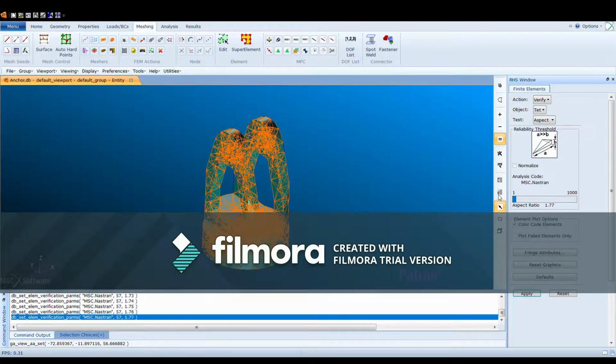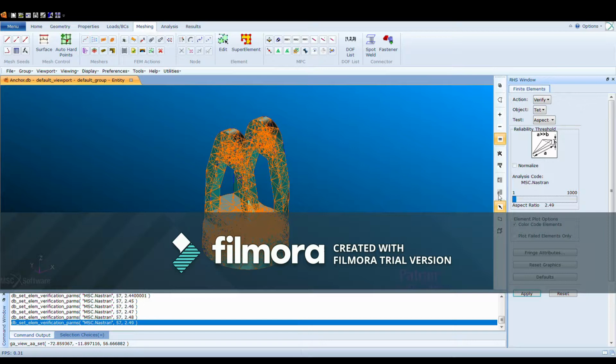So this may take a little while just to make sure we're good. We're going to set it at exactly 5 just to make sure. We're going to click apply,